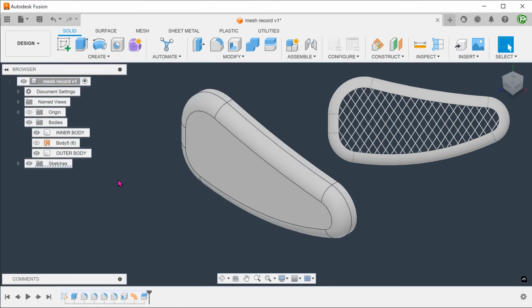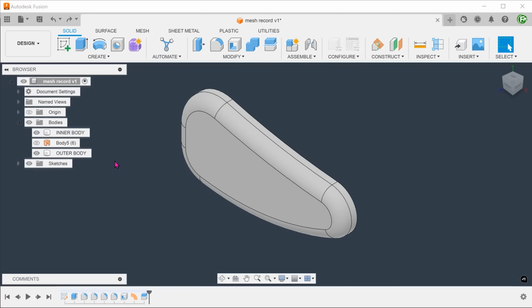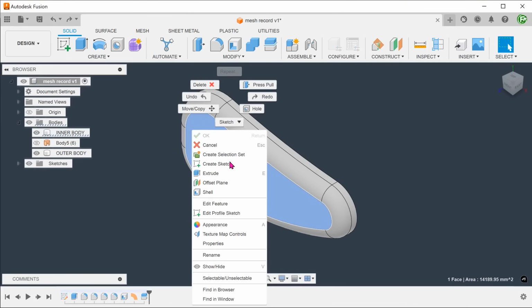For the mesh pattern, I have chosen to interpret this as a rectangular pattern of diamond-shaped cuts. Let's create the seed diamond cut. Create a sketch on this face.